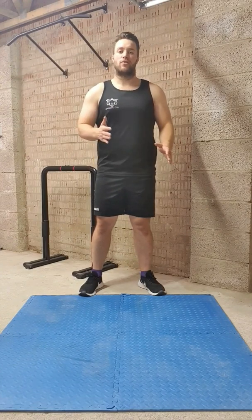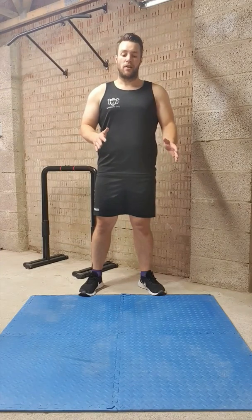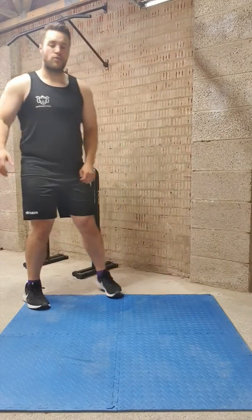Hi guys, we're still focusing on core strength this week. You had some stretches posted the other day. I want to make sure you've had a go at those stretches before you move into this activity, because I'm going to try and progress each exercise with an added element of strength to it, some form of repetition or extra challenge. So we started off the other day with a lunge into a side bend,